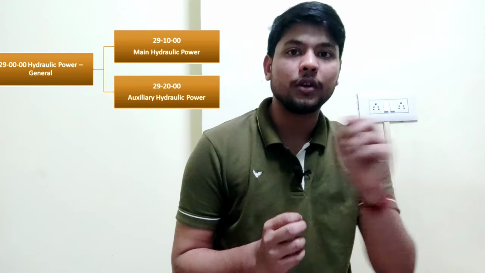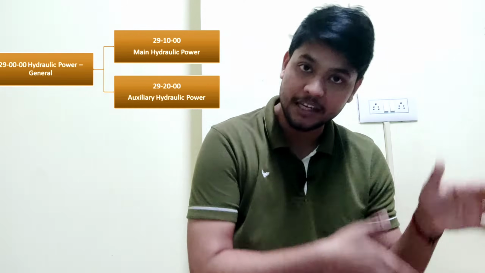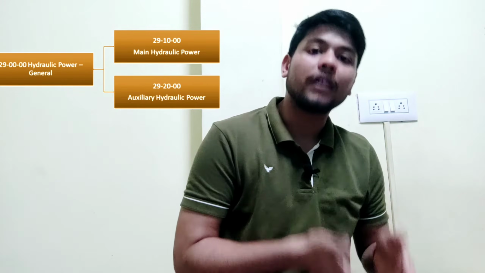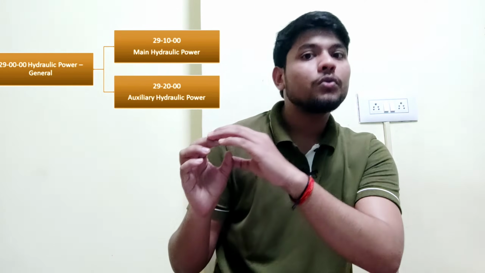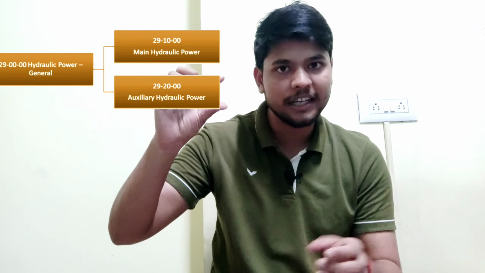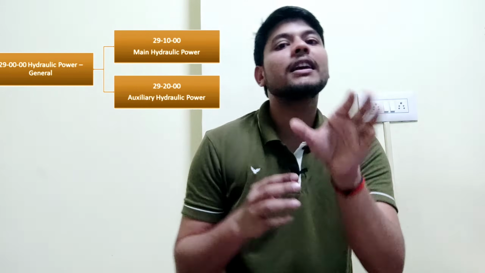The first thing, I am taking the example of ATA 29, hydraulic power. Hydraulic power can be divided inside. If you go inside ATA 29, it will be ATA 29 10, ATA 29 20, ATA 29 30, likewise, according to the ATA that you are describing. If you are describing some other ATA, it can be 3, 4, 5, 6. If it is a very small ATA, it can be 1 only. As you can see in the figure, ATA 29 is the main ATA chapter. Now if you go inside ATA 29, you will get the sections, or you can say subsystems, because ATA 29 is the hydraulic system.